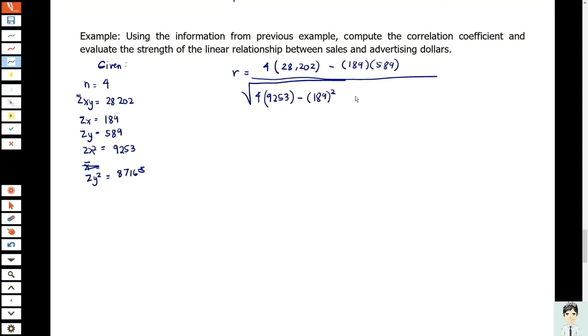Okay po. Multiply by the square root ng number of periods times the summation ng y squared, which is 87,165, minus summation ng y, 589 squared. So yung R natin is equal to